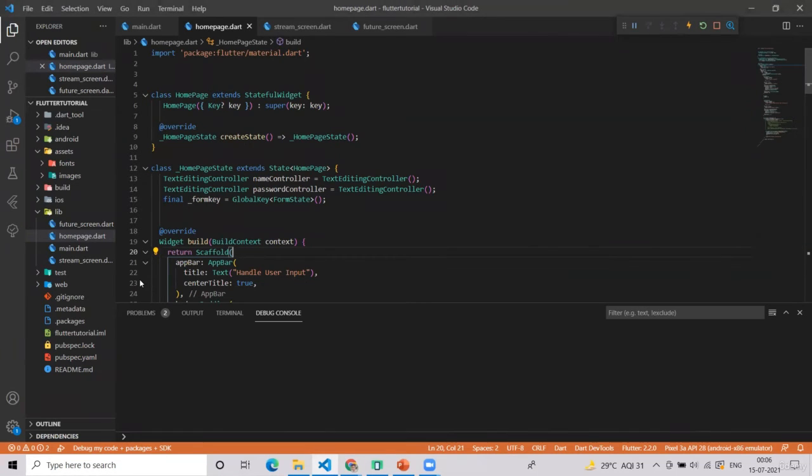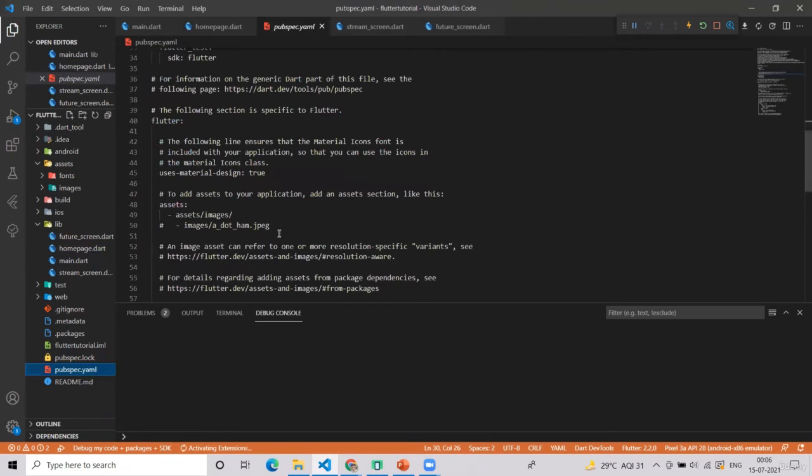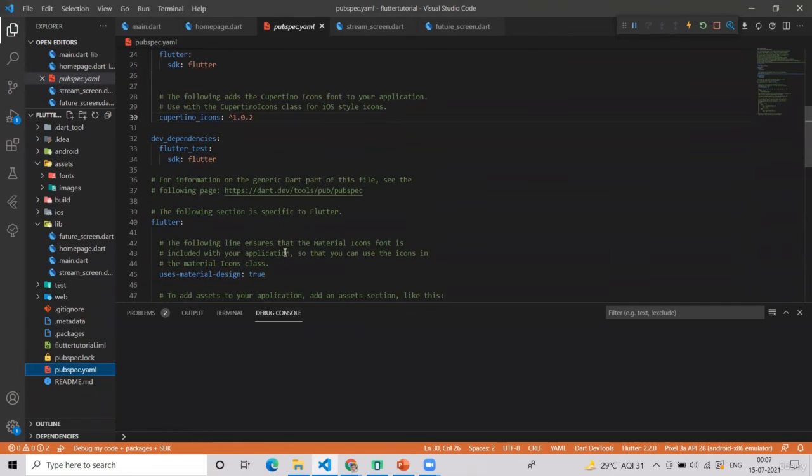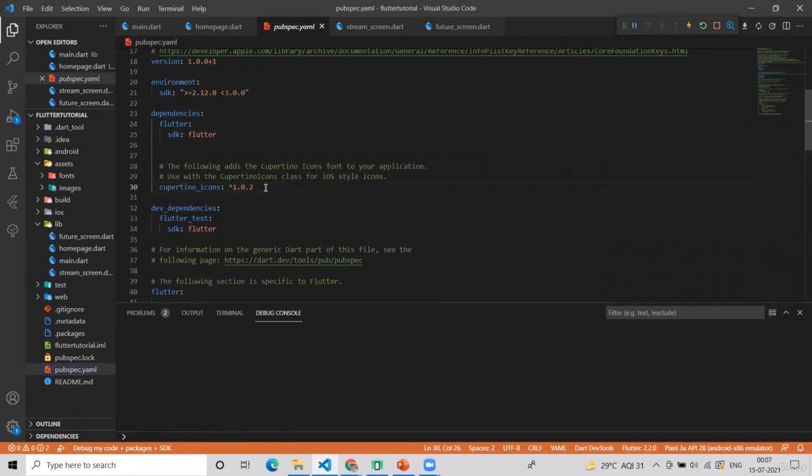Just remember, if you want to create a new project, you can do that also. Right now I am using our previous project, but I will be removing the previous code. So if you want, you can just pause the video, write flutter create with a new project name, and start from the beginning.